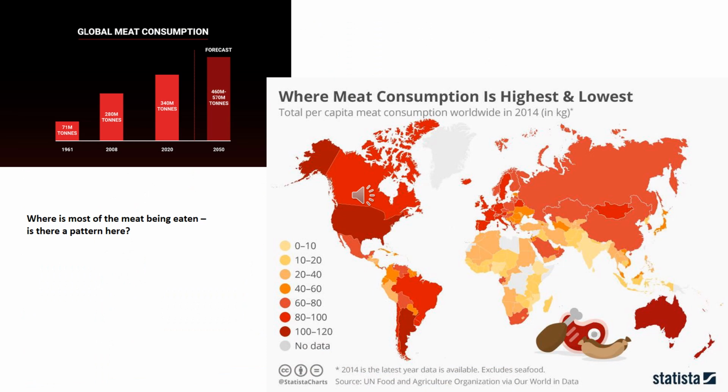Another indirectly related topic is just meat consumption. As I mentioned earlier, it's a lot more energy intensive to produce meat for people to eat than it is to produce plants for people to eat. Where meat consumption is the highest and the lowest in the world is shown by this graph. The upper left is showing you that meat consumption globally has increased over time. The lower right is showing you that in general, meat consumption is high in the developed world, where there's a lot more money and resources. So the wealthier eat more meat, which, because of the meat production system's reliance on fossil fuels,